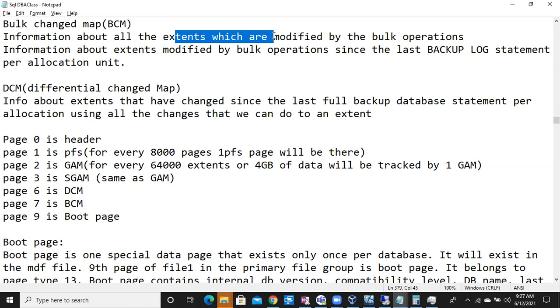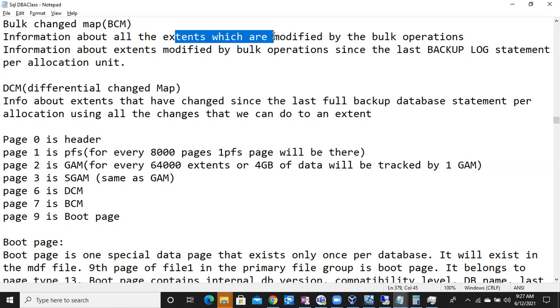For that, we'll go for differential backups or log backups. So what do differential backups do? A differential backup will take the backup of all the changes since the last full backup. Say Sunday your full backup is running, and daily you are running a differential backup.